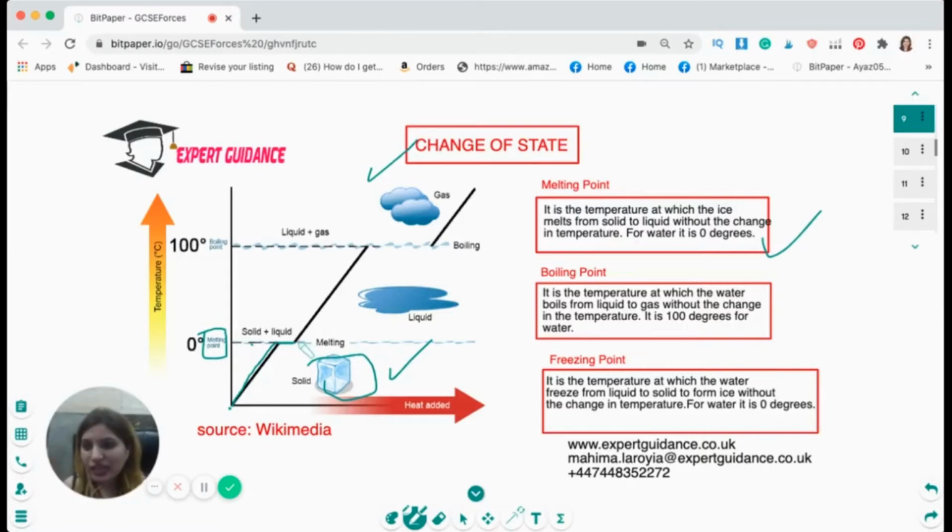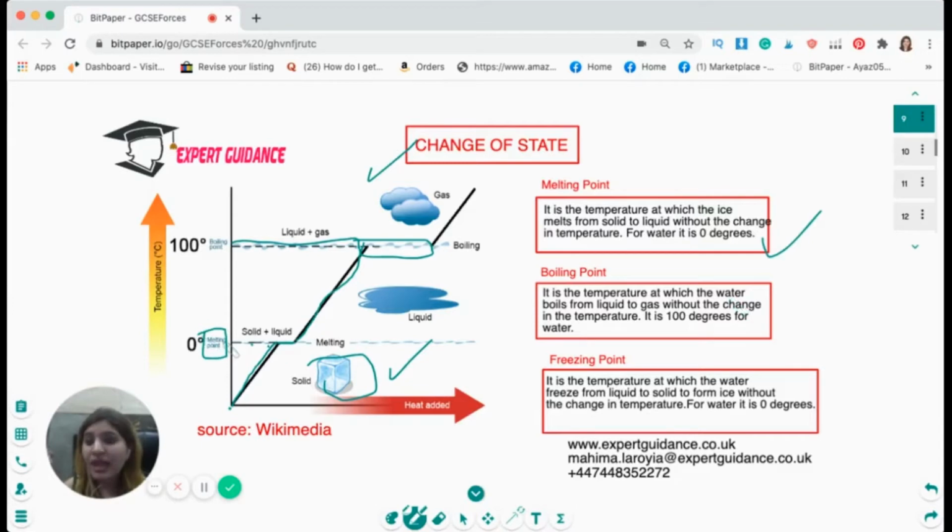Now, at this stage, the temperature keeps on increasing of this liquid. And as the temperature touches 100 degrees, which is the boiling point, the liquid starts to boil. And at 100 degrees, it will remain at 100 degrees until all the liquid is boiled. So boiling point is the temperature at which the water changes from liquid to a gas without the change in